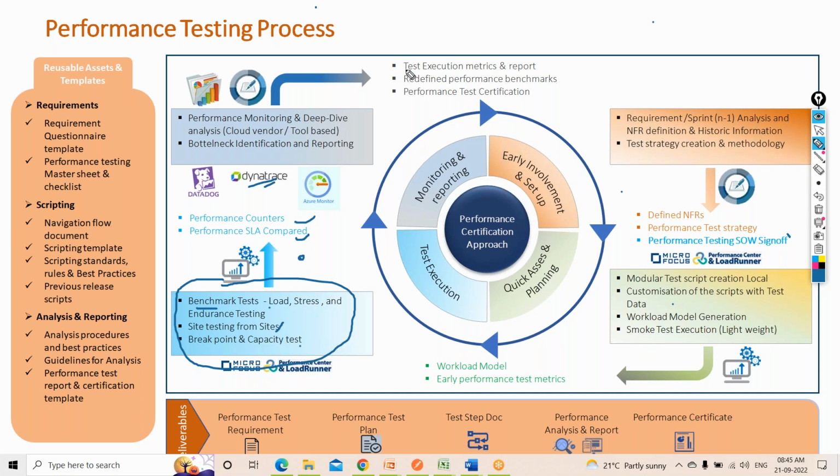Now the next thing is test execution metric report, if redefined performance benchmark, performance test certified. So let's say that results are good and we can go ahead and publish it. We'll publish a test certification certifying that 200 users will be able to support the system. Or if you're certifying for 300 TPS, you can say, sir, for 300 TPS or 400 TPS or 50 TPS only, your system will be able to withstand this particular configuration. And then we have to share the report.